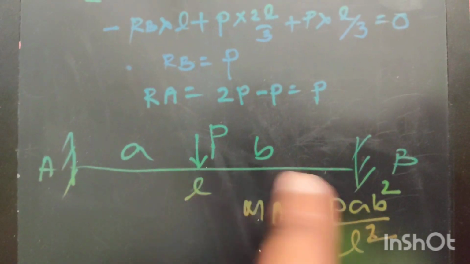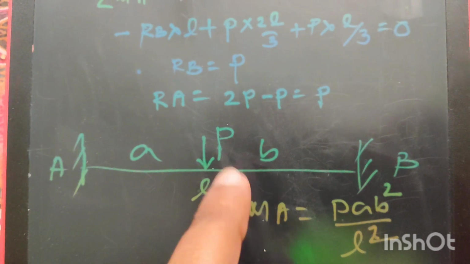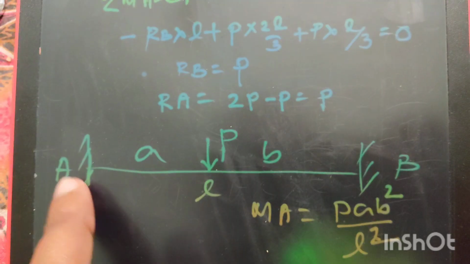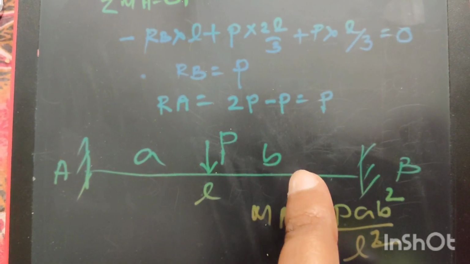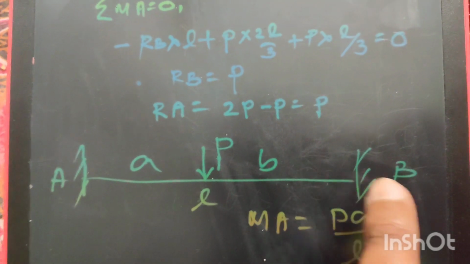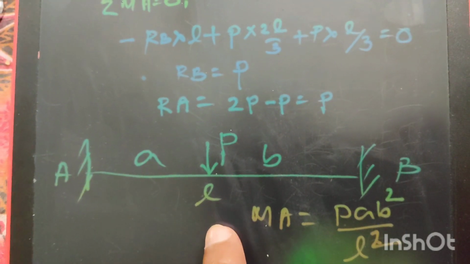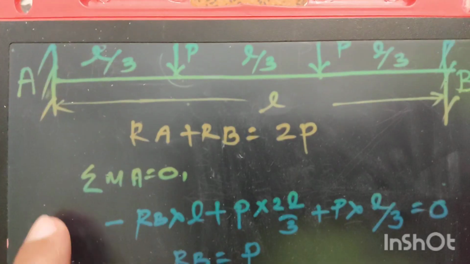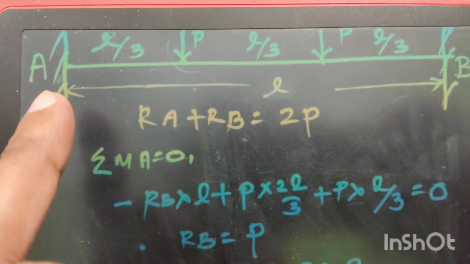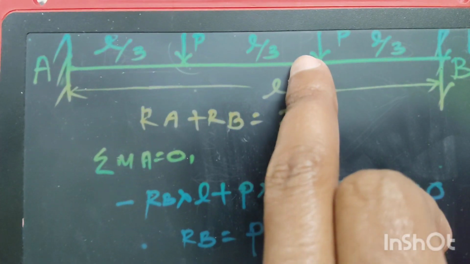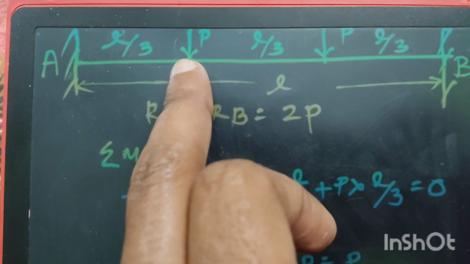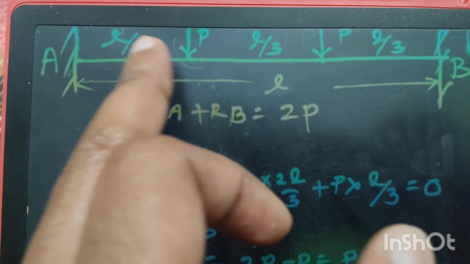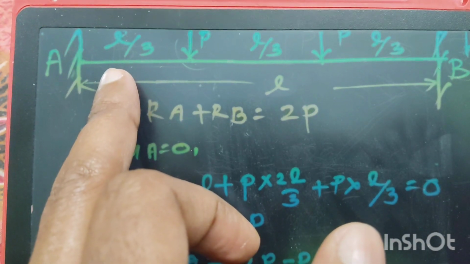Now let's see a fixed beam AB subjected to a point load at a distance small a from the fixed end A and at a distance small b from the support B, where the total length of the beam is L. The fixed end moment at A is equal to P a b square by L square. So for this beam AB, let's assume this load is absent. Under this load, the fixed end moment at A will be P into this length a into this length